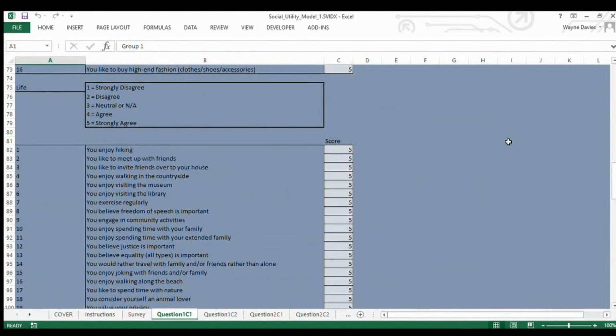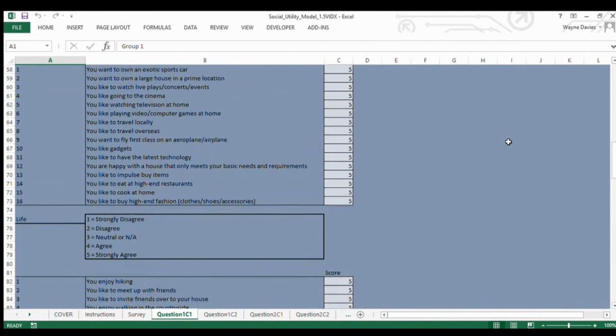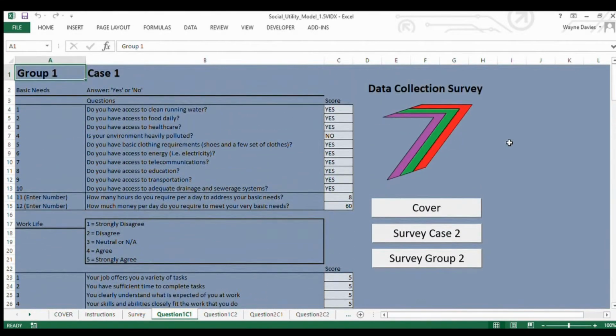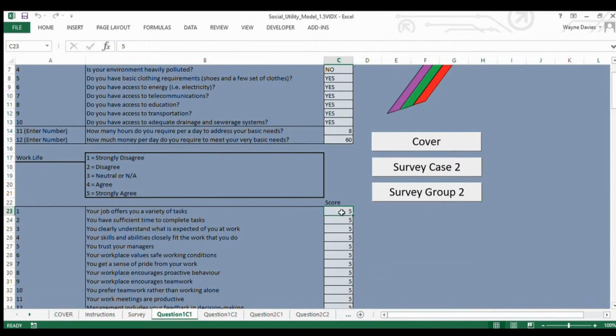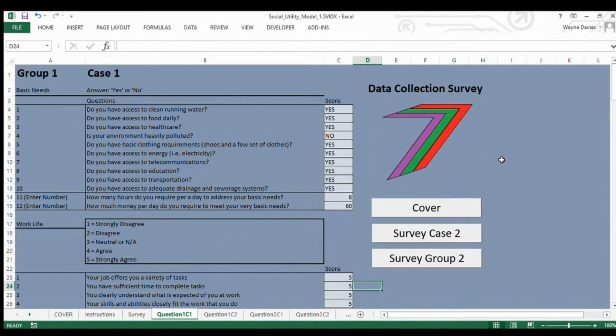So I've got all 5, so you can go in there and change any of these numbers just to see how it operates. Like for example, I think you could put that in as, let's say, a 3. And change it back to a 5. So all of these have a different impact, and we've also got different cases as well. So one is a before case and one is an after case. So for example, if you're using the model to analyze a particular change that has a particular impact on a group of people, so you'd enter in the before case, basically what they are at the time or before that, let's say, policy was put into play, and then you have an after case as well,